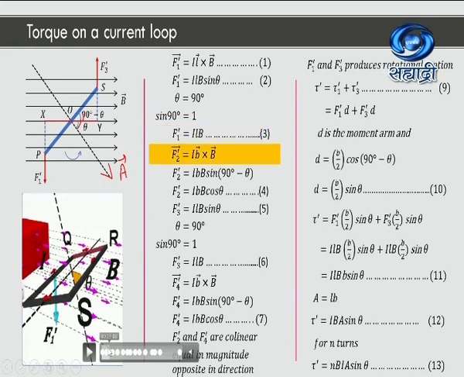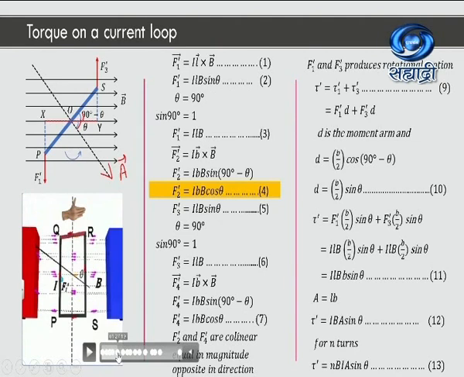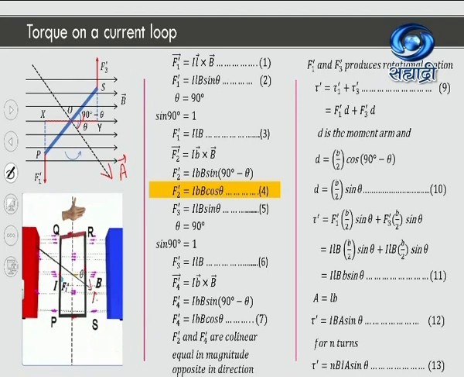So, let us find out its direction then. How to find out the direction? The direction is found with the help of, again, the right hand rule. How to apply this right hand rule? Let me tell you. In this figure, you can see that the area vector of the current carrying loop is in this direction, right? So, I should hold my right hand.